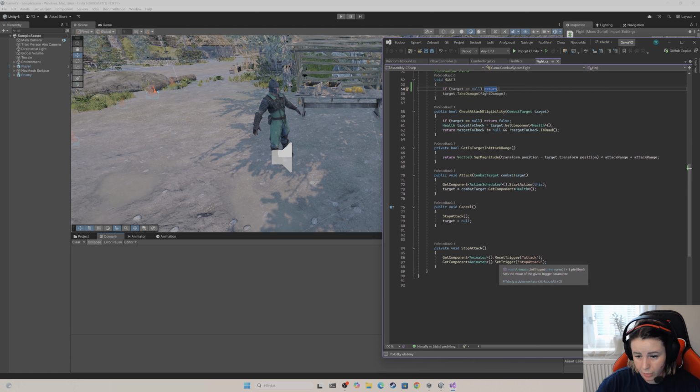Sorry for the explanation like this, but in combined behavior, I will just copy my set trigger attack, and I will change it to reset trigger stop attack,